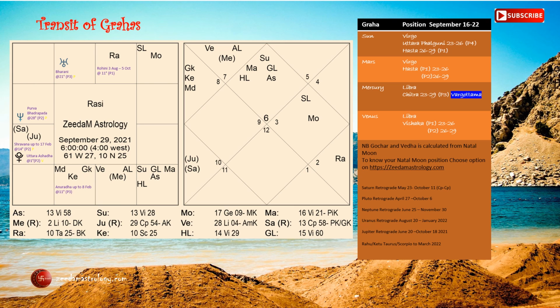Jupiter is weak in Capricorn, so the wisdom and intelligence and guidance may not be fully there for you at the end of the week to communicate properly. So just keep that in mind. And the week is all round, though the week looks good for you and it looks good for everybody, but again, it all depends on your kundali, your chart, because the houses affected here are Virgo, Libra, Capricorn,